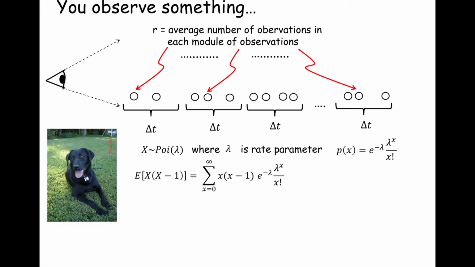So we plug in for expectation. There's my function, X(X−1). That's what I'm taking my expectation over. And we multiply by the probability for the Poisson, so it's a weighted sum. Here, my probability is e to the minus lambda times lambda to the X over X factorial. Okay, so given that, now we're going to take a look at this summation.